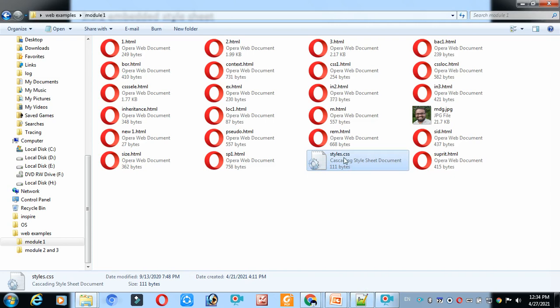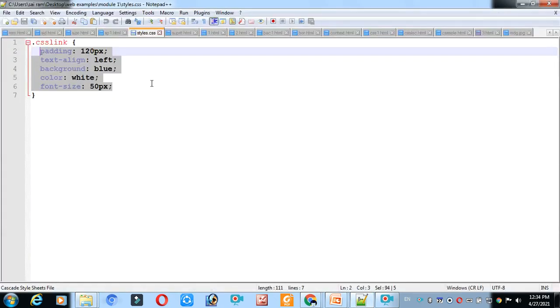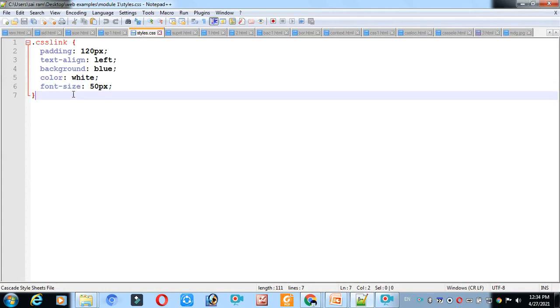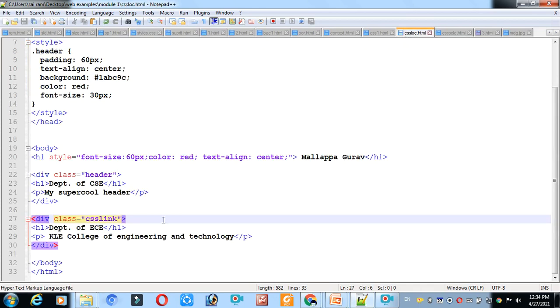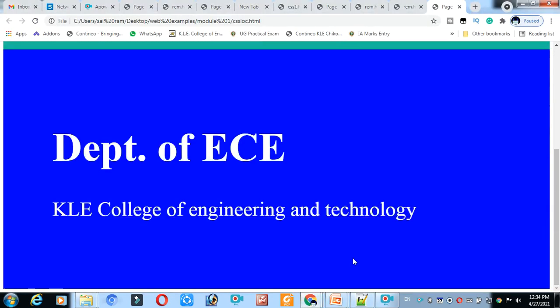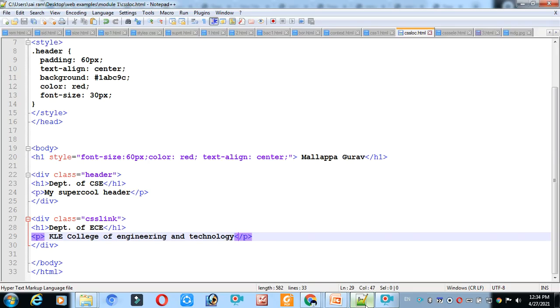This is the external file, that is the style sheet, styles.css. Clear? What you are given here is a blue background color for this, Department of CSE, Kelly College of Engineering and Technology. You are giving the blue color for that.